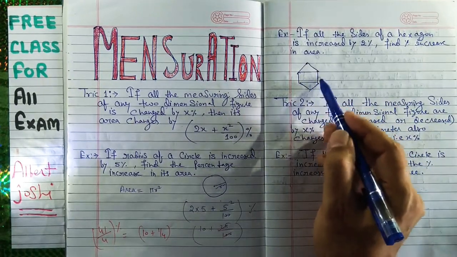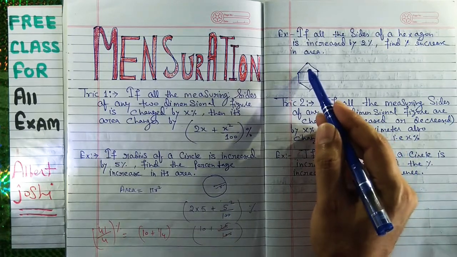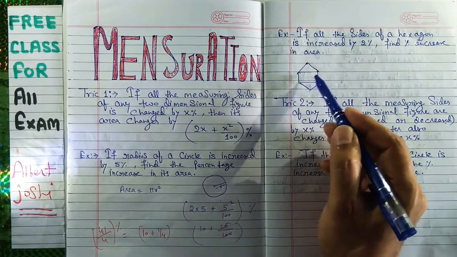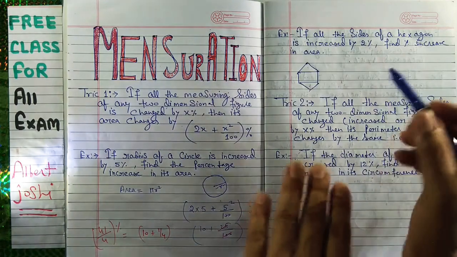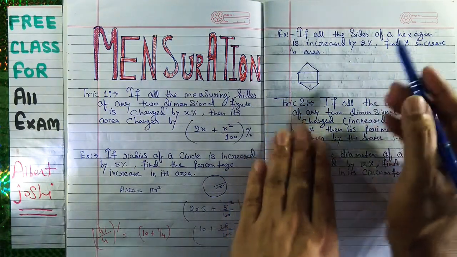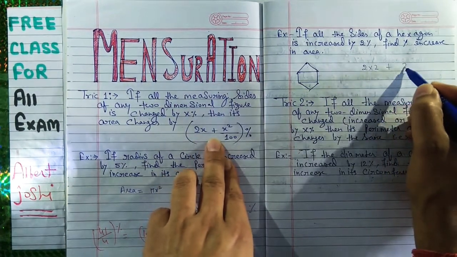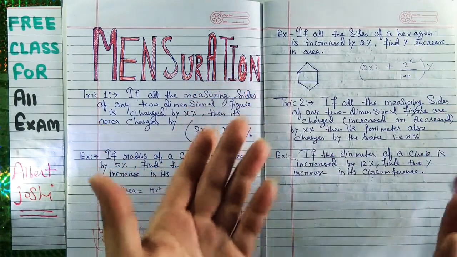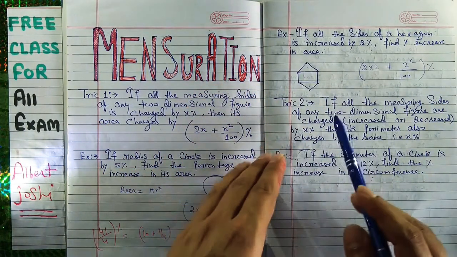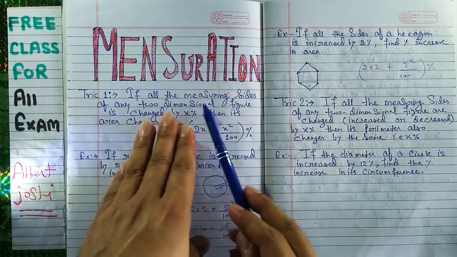At first we will find the area of this, then we will find the area of this, and both are the same, so 2 into the area of this plus this, then we will add, and that will be the area of this hexagon. So it will take more time, double time. So we will not use it, we will use this formula: 2 plus 2 plus 2 square upon 100 percent, that is your answer. Very simple.